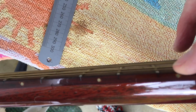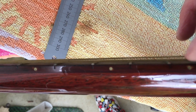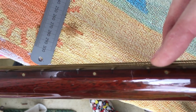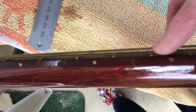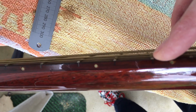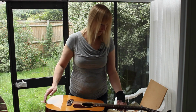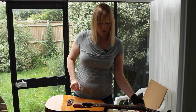Don't know whether you can see, but there's quite a lot of bow in the neck. I hope that's obvious from the video. There's a lot more relief there than I'd usually have. So also,